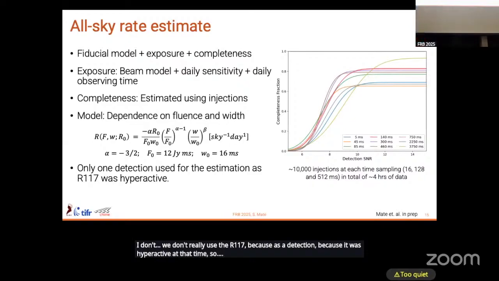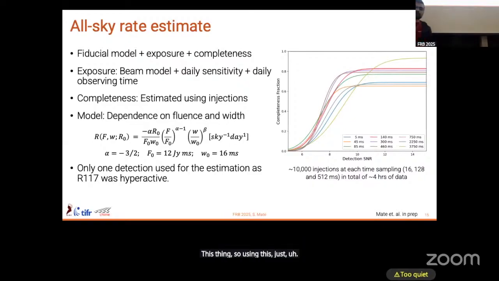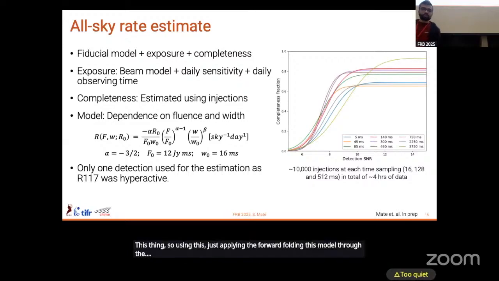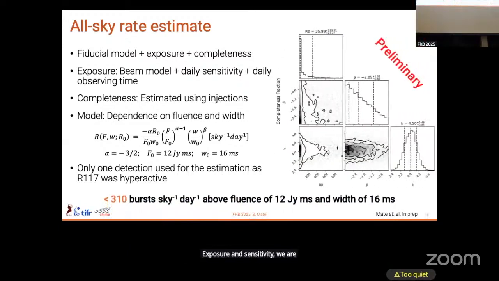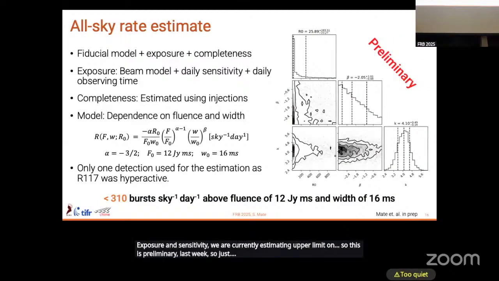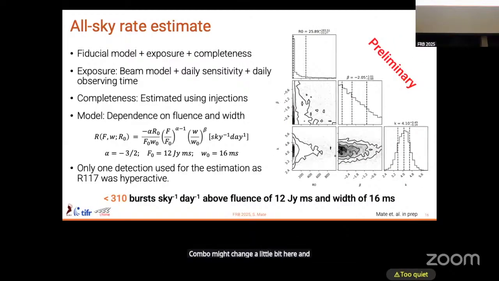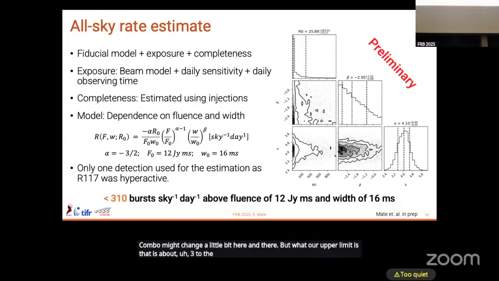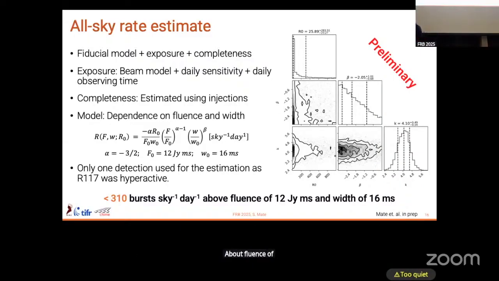Using this, applying forward folding of this model through the exposure and sensitivity, we are currently estimating an upper limit. This is preliminary, from last week, so the numbers might change a little bit, but our upper limit is about 3 to the power 310 bursts per sky per day above a fluence of 12 Jansky milliseconds at a width of